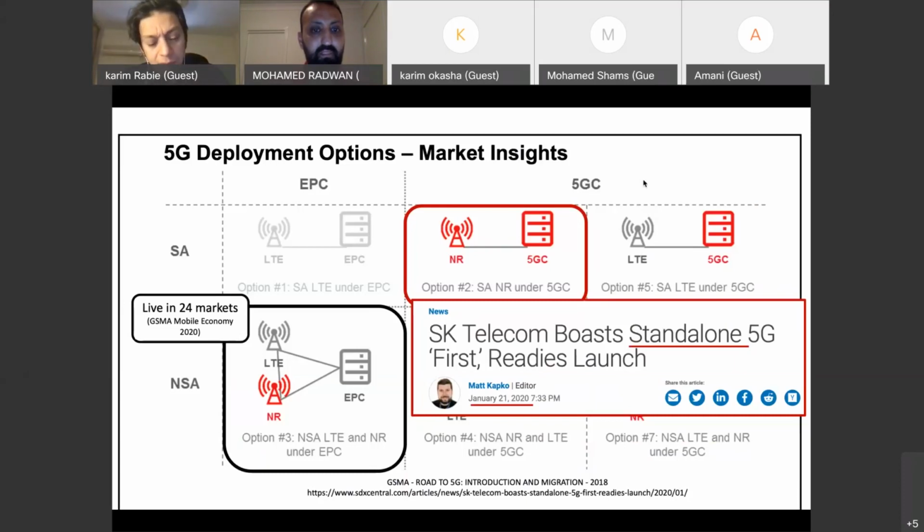Because I just end my discussion here, that there are many dependencies, right? Not just the radio and the core. One of the main factors that impact the adoption of a certain technology, if it's SA or NSA, is the handsets themselves, okay? The support of handsets. And I was talking in the last session that there are some manufacturers like Apple, for example. When Apple delays the 5G support in a latest release, this impacts the operators and their willingness to do 5G, and the other way around, right?